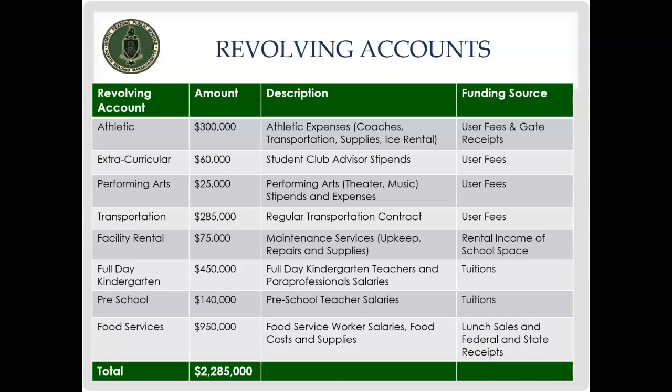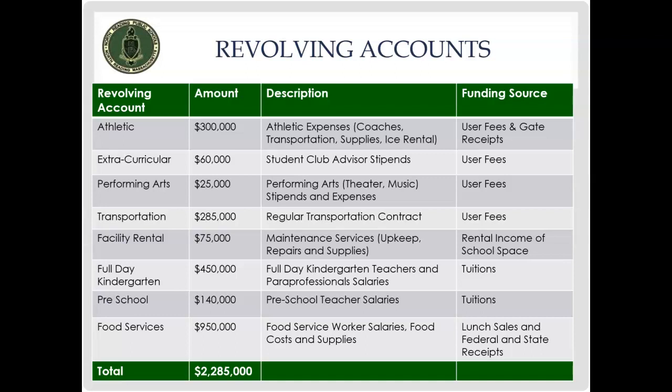We have a performing arts user fee, which helps support our performing arts program for theater and musical productions, both stipends and expenses. We have a transportation fee, which is a direct offset of our regular transportation contract, our 12 big yellow buses that run each day.